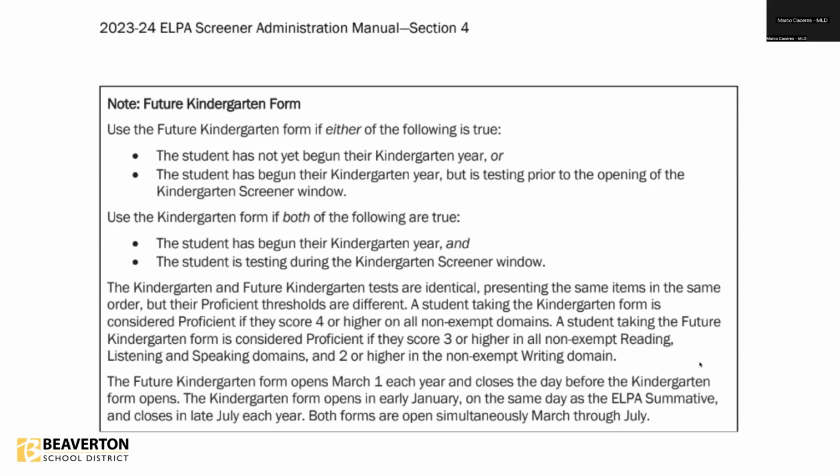Yes, if you are willing to volunteer for screening, that would be super helpful. Just send myself or Sana your information if you want to test. Bear in mind, if you're willing to test, it's great because it'll get your numbers in the books quicker, so it's an incentive for whoever wants to screen. Just let us know and we'll get you signed up. There is some reading training you have to do, some PowerPoints to go through according to ODE. But once we go through that and we get that TA form, you'll be good to go.